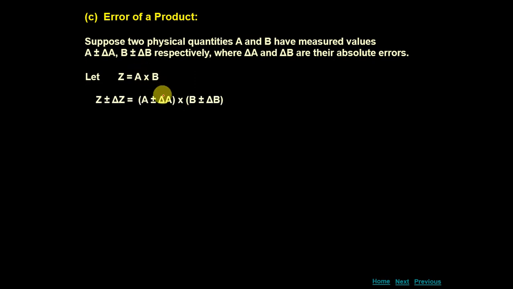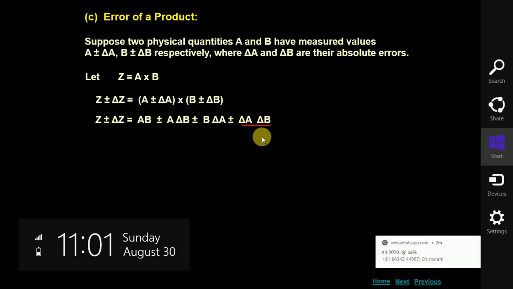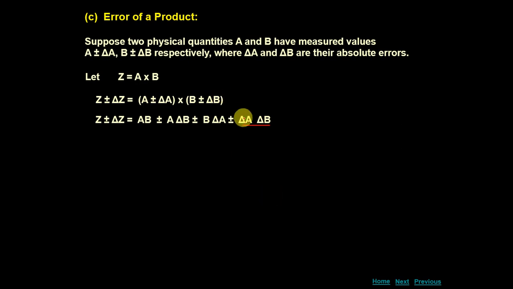Now if you will take the errors, then Z plus minus delta Z is A plus minus delta A times B plus minus delta B. So see how we are going to open these brackets. A would get multiplied with B, AB, A delta B, delta A B, and delta A delta B. Now you see the errors are very small as compared to the actual numbers. So when these two very small numbers are going to get multiplied, their result would be very small. So here we are going to apply one approximation.